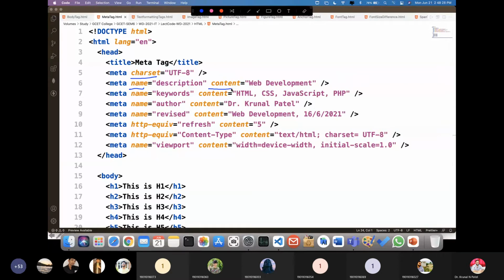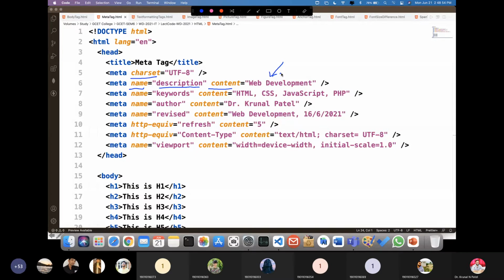So what are the possible names you can define? First of all, you can define the description, as in the example we have seen. In the content, you have to provide the actual value. Whatever description you want to write, you can provide in the content section.